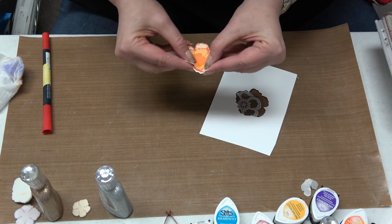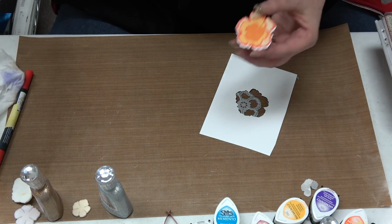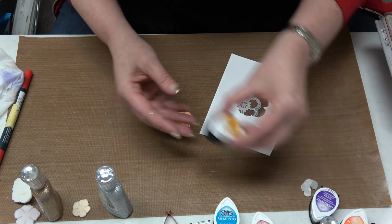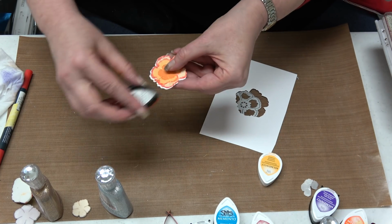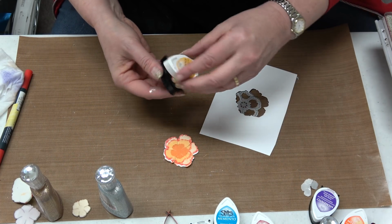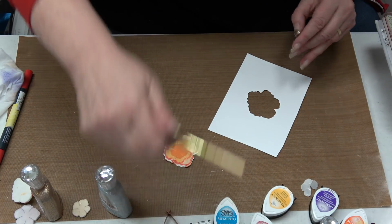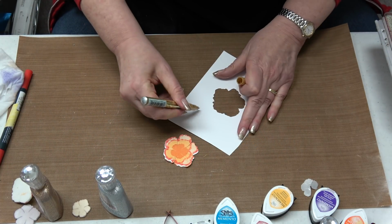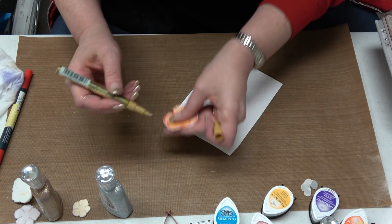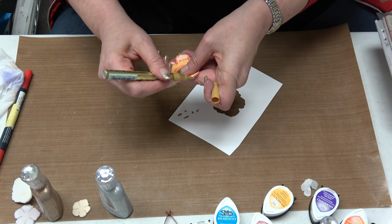Oh, but not bad. Then I can take, if I want, I can either add more red. I can come back with my cantaloupe and kind of do the edges a little bit with cantaloupe. I can take my beautiful gold paint pen and just go around my edges